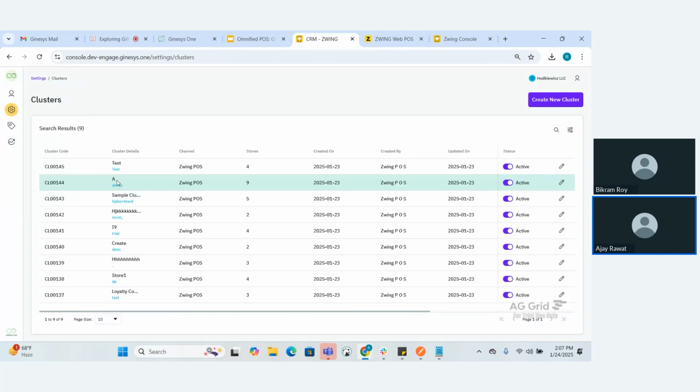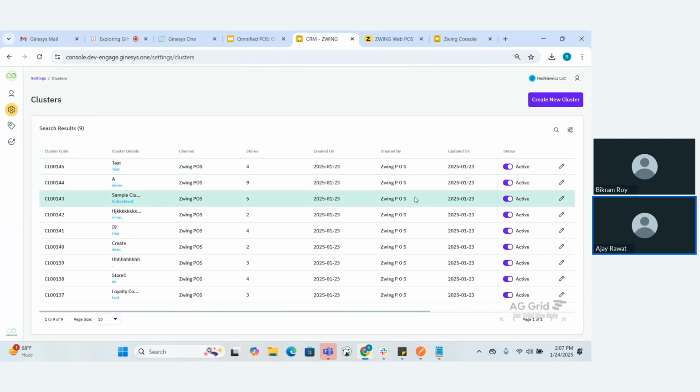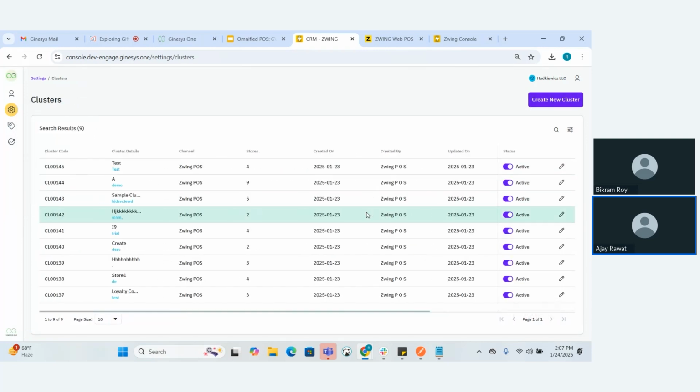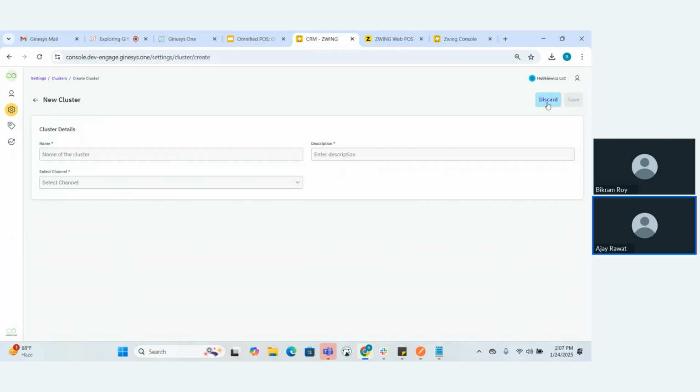So this is the cluster screen. Here you can see the already created clusters. You can mark them as active or inactive, and you can edit existing clusters also. For creating new clusters, you just click on the create new cluster button, enter the name,